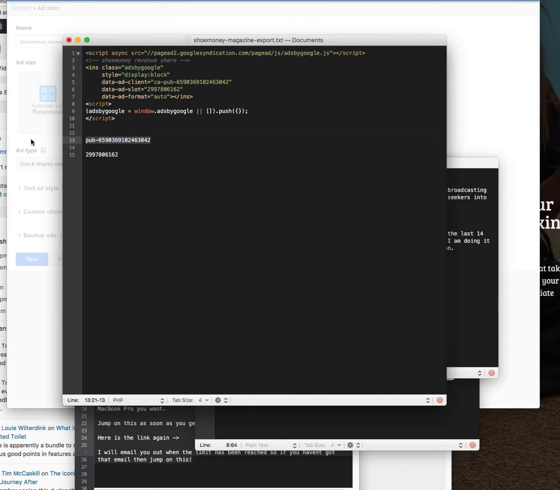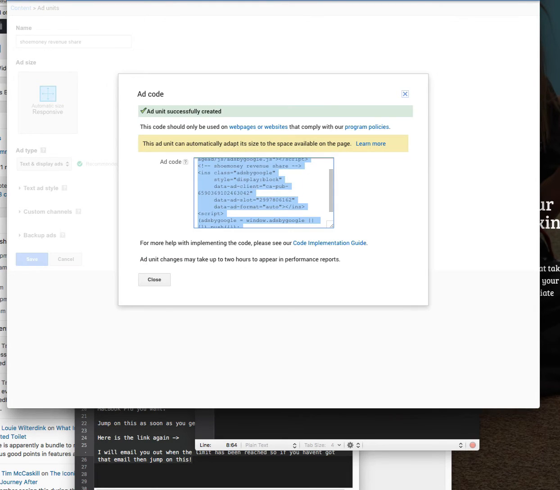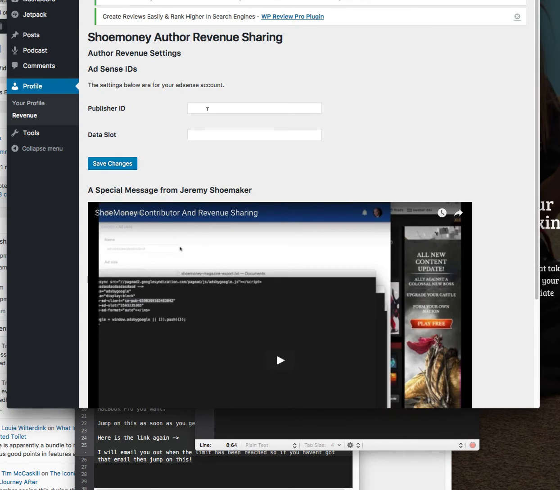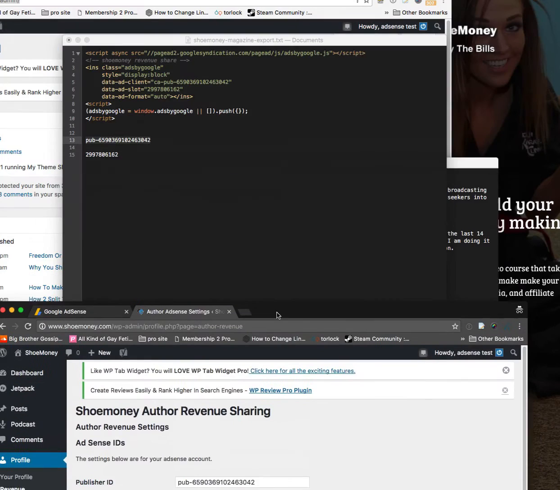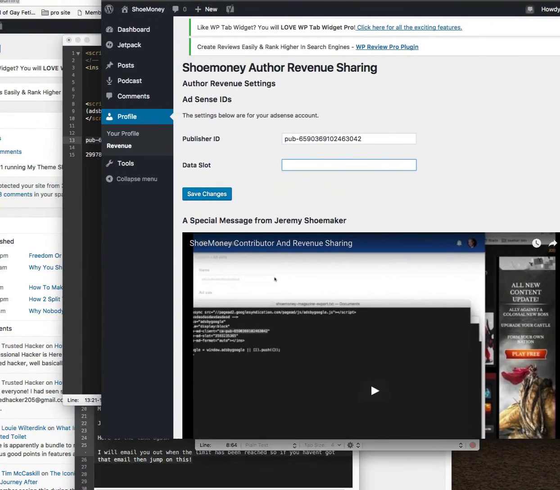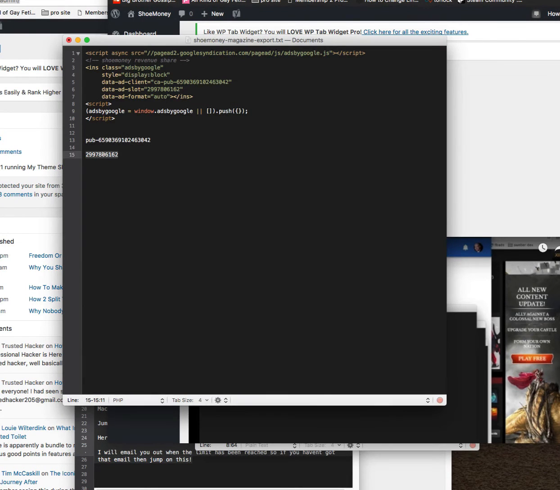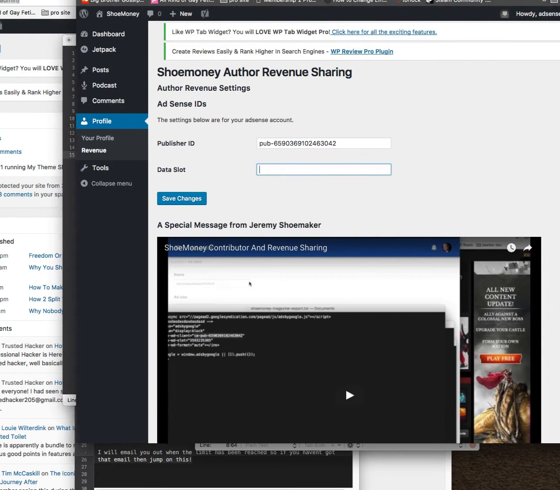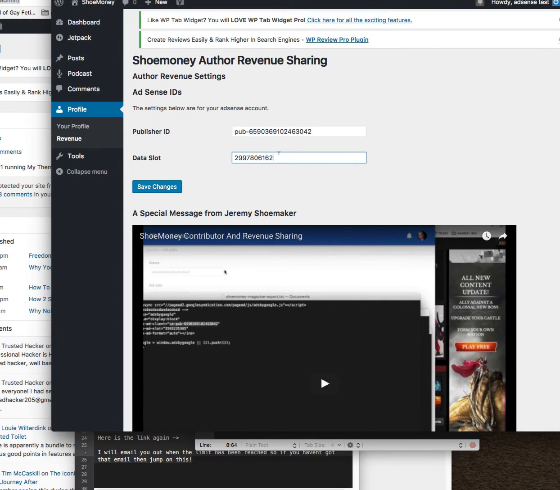Then we go back to our Shoe Money author settings, and we put in the publisher ID that we did. Remember, no CA dash in front of it, no white space. Then we grab our other one, which is the ID here, and we put that in.